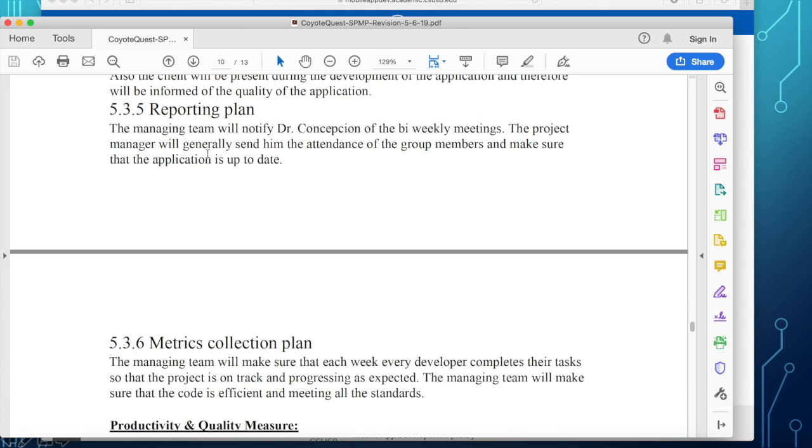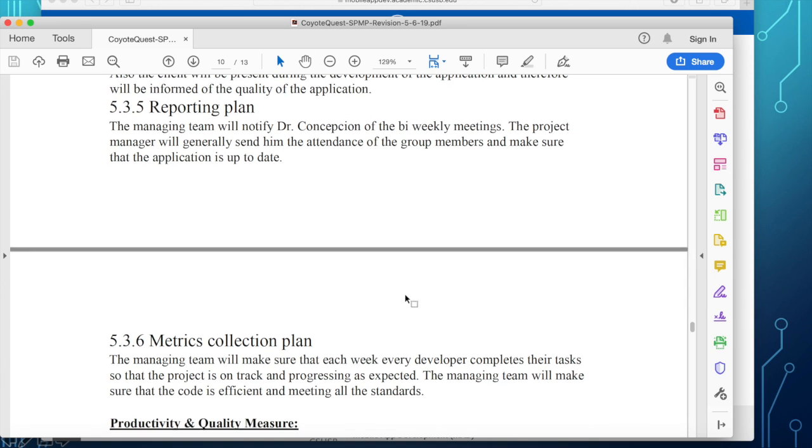Reporting plan. How do you report to me on a bi-weekly, I would say weekly report of what's going on in your team? So I would require this, reporting your status at the end of every, let's say, Friday or Saturday. Okay, just one paragraph in Slack of what was accomplished that week, and if you are still following your schedule on time. Okay, I want to know that, and I will bug you for that brief report of what is the progress of the software development.